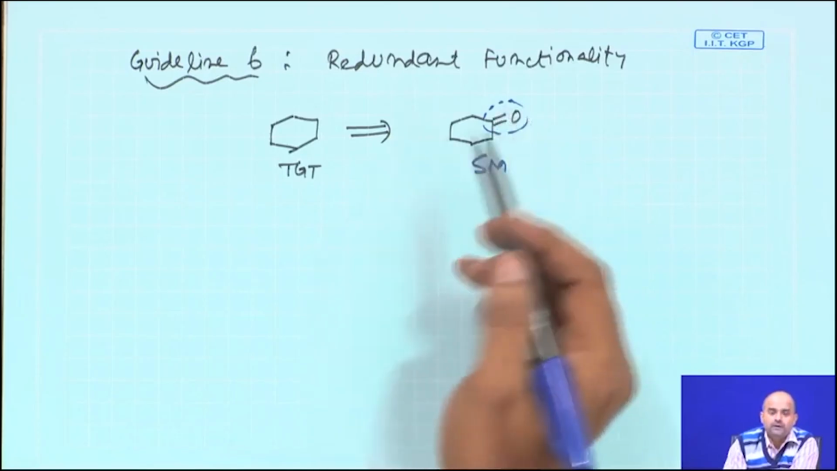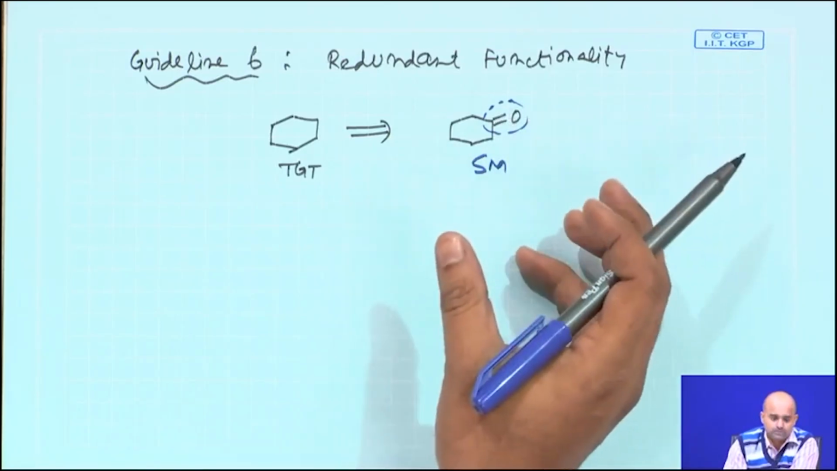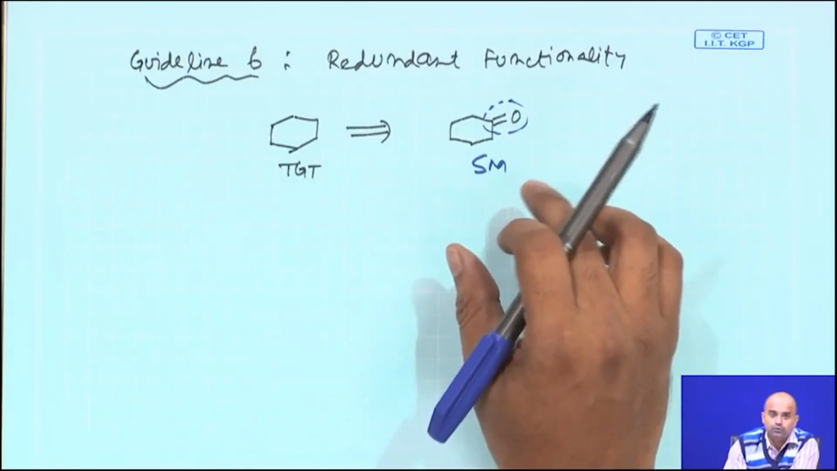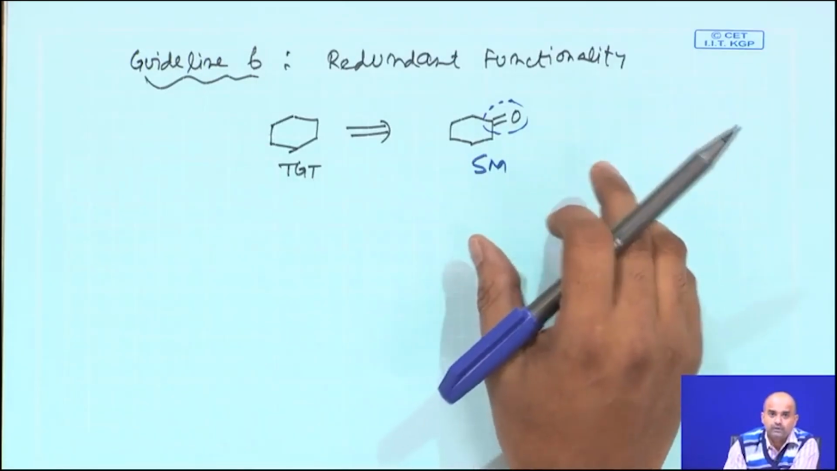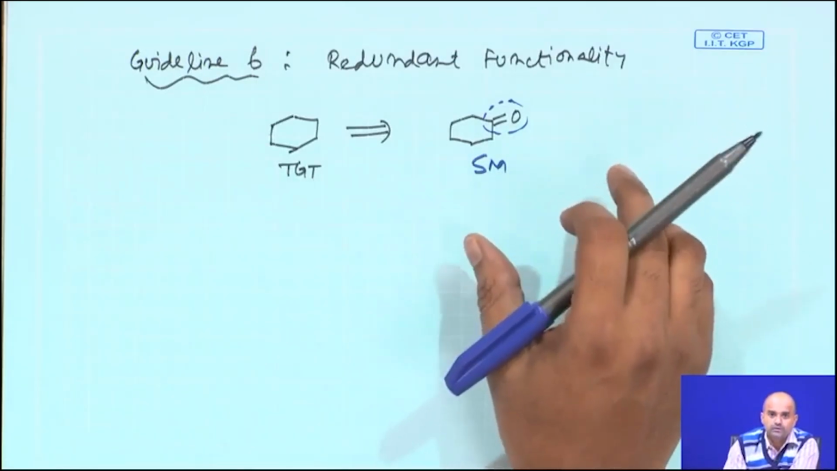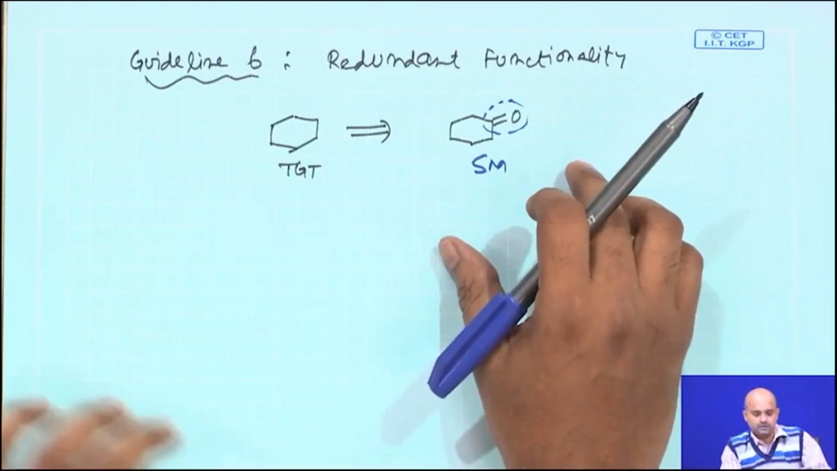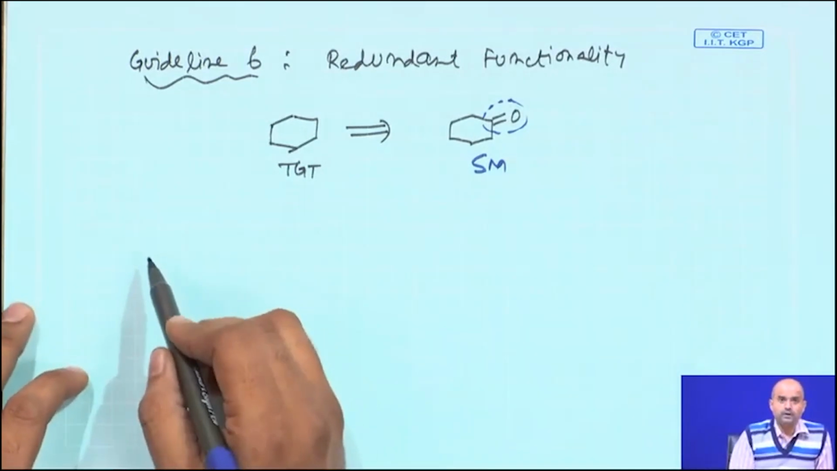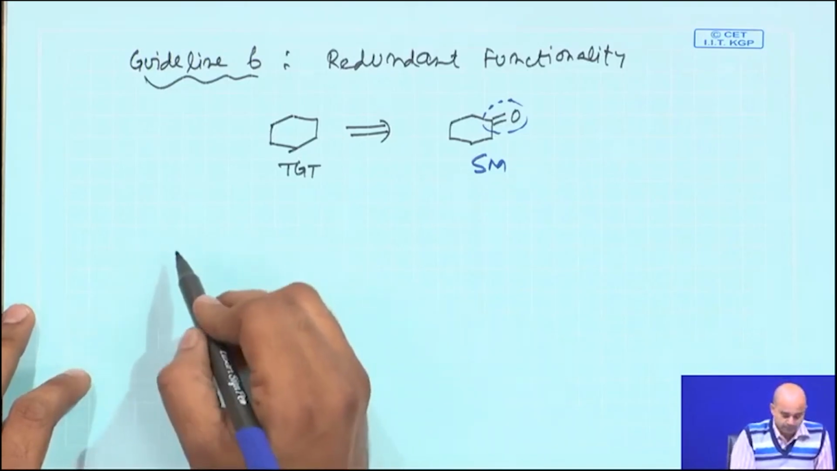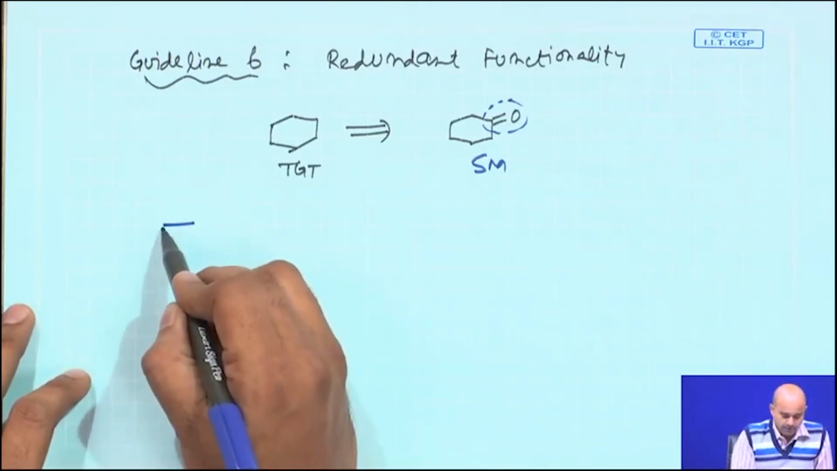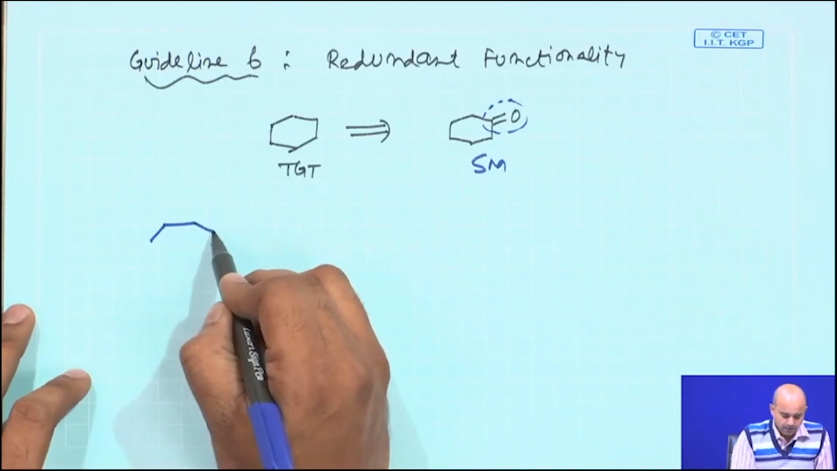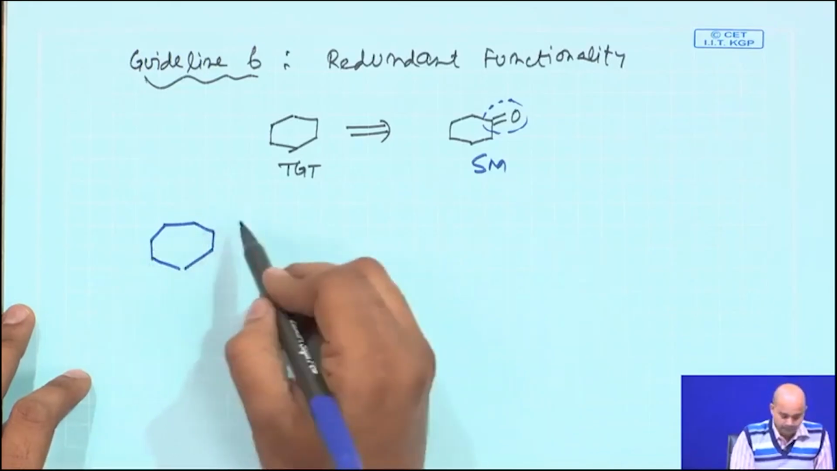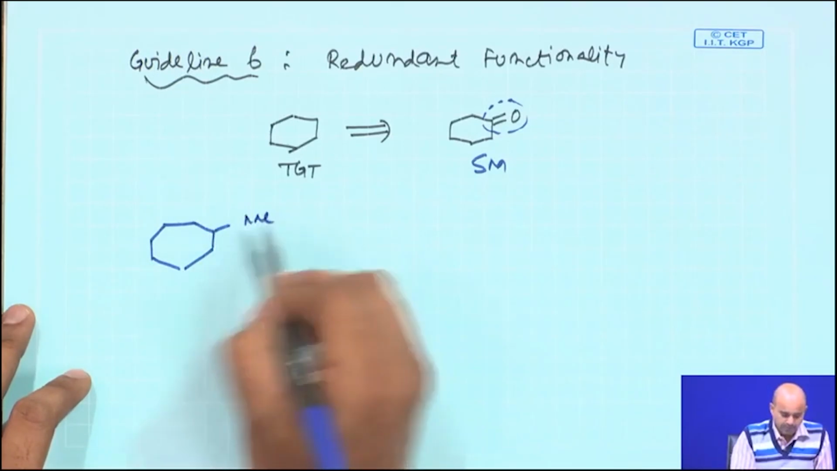Redundant means in reality it was not part of the final target molecule, which you need to introduce for the functional group interconversion, because you need some functional group for functional group interconversion. This is the concept of redundant functionality, and we will try to explore it with a couple of examples. The first example which we will pick is a cyclohexane based compound,